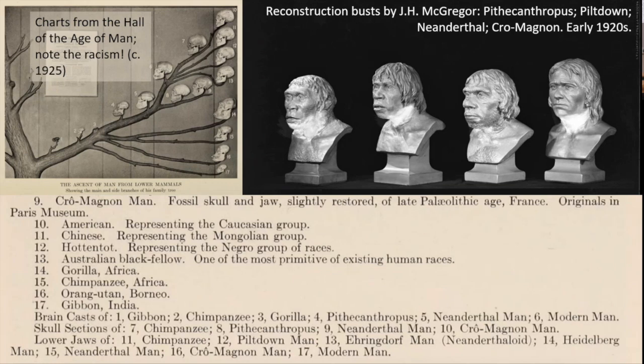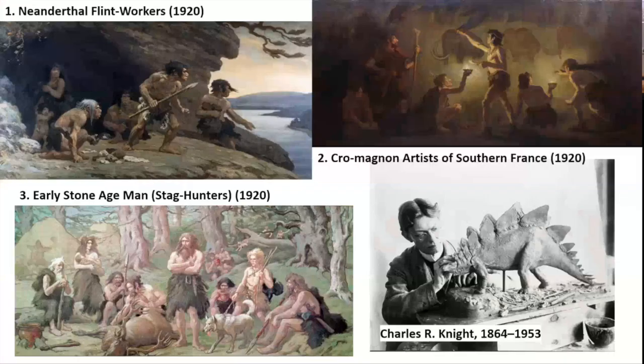For his Hall of the Age of Man, he worked with his favorite paleo artist, Charles R. Knight, on 3 murals that would capture different phases of human evolution. For Osborn, who hosted the 1921 International Congress of Eugenics in the newly opened hall, these images of humanity's past were intended to reify racial hierarchies, illustrate the absolute separateness of human races, and the importance of race in determining character.